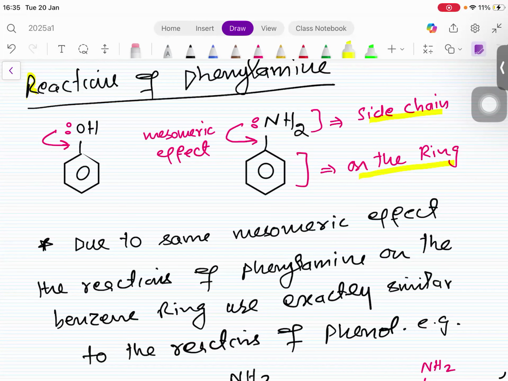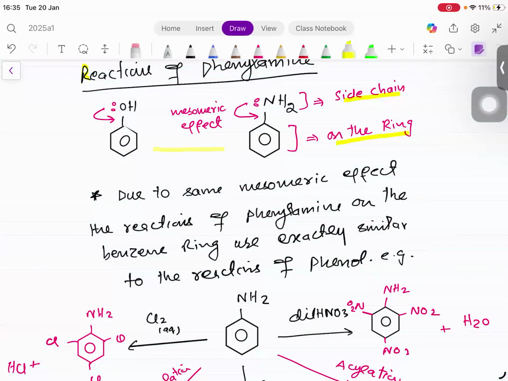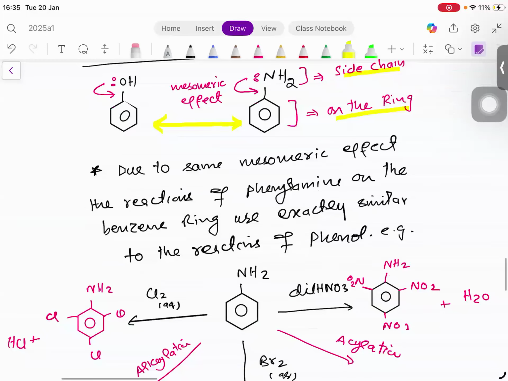The reactions due to the benzene ring of the phenylamine, in the last class we said that they will be exactly the same as the reactions of phenol on the benzene ring. Why? Because the phenol's benzene ring